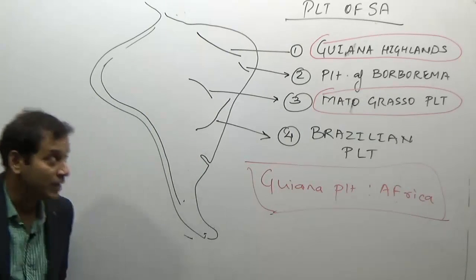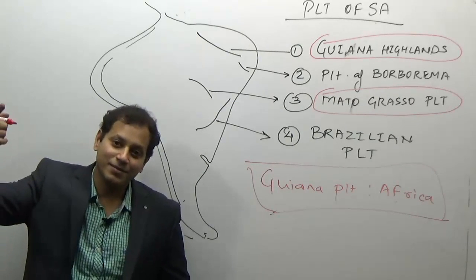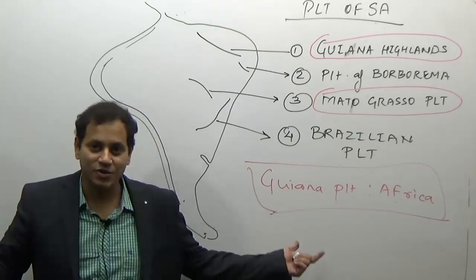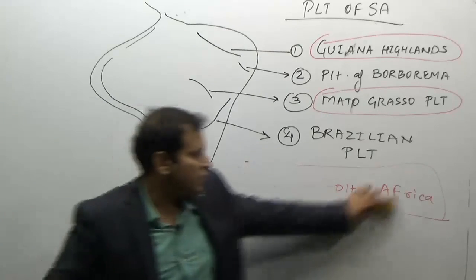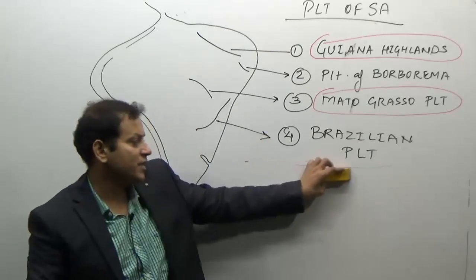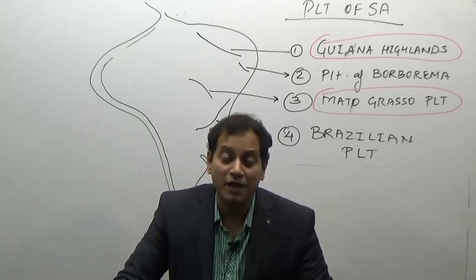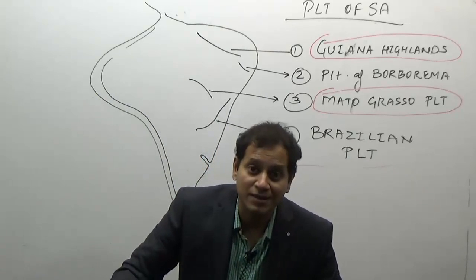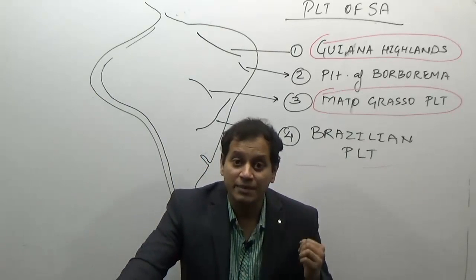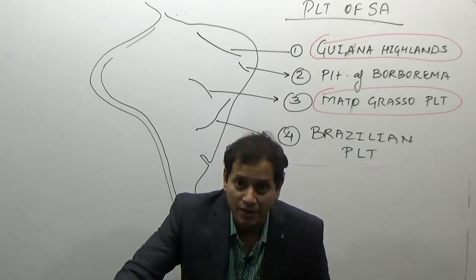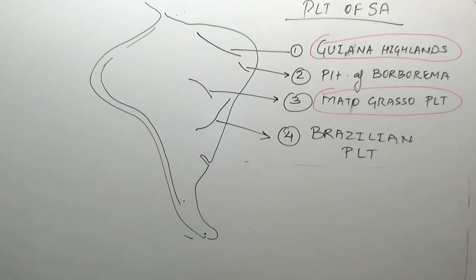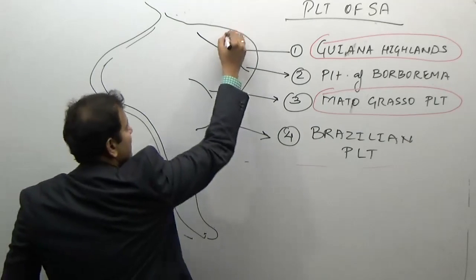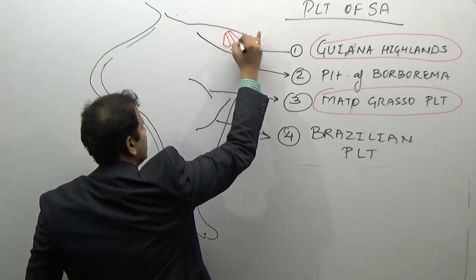Now Guiana Plateau lies in South America. So obviously the answer here is wrong. It is not correctly matched. How to remember? Remember French Guiana, the rocket launching center of France, which was also India's rocket launching center before, is located in South America in the territory of French Guiana. You can see in the atlas, in the political map, just near Brazil, there is a territory known as French Guiana,